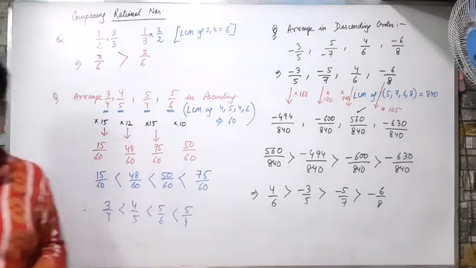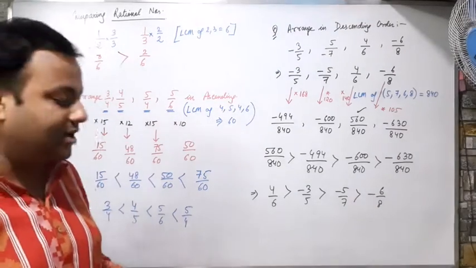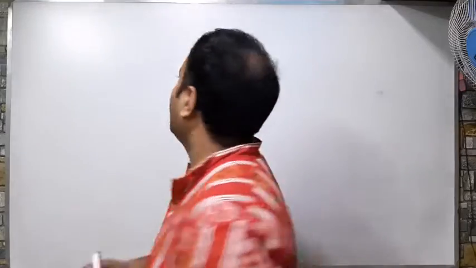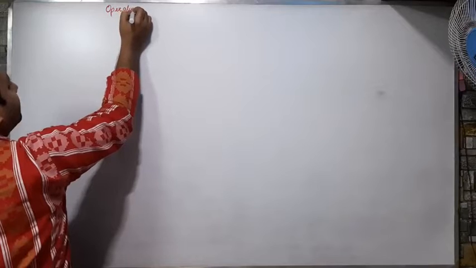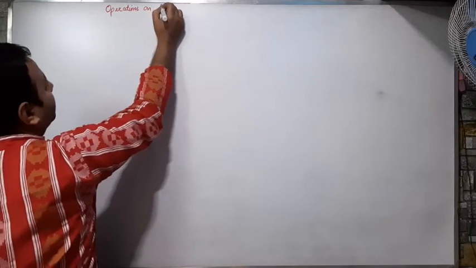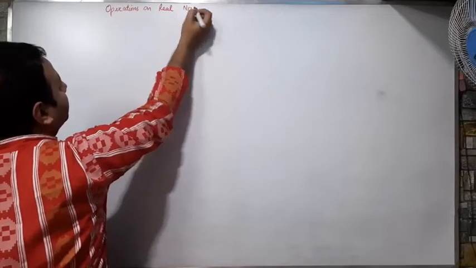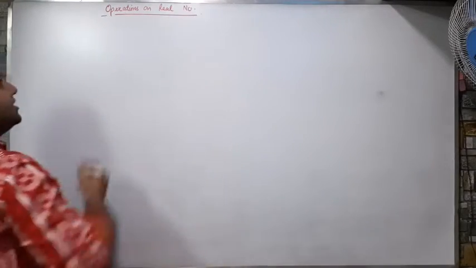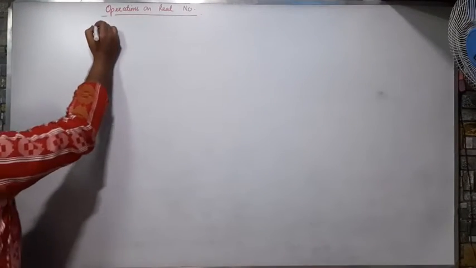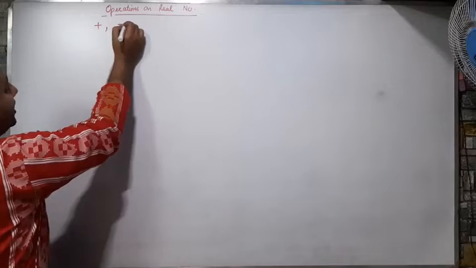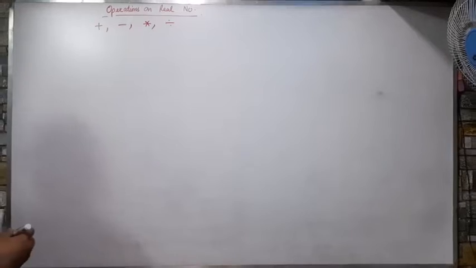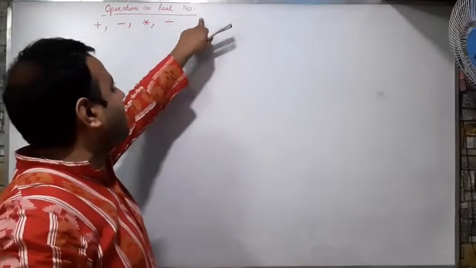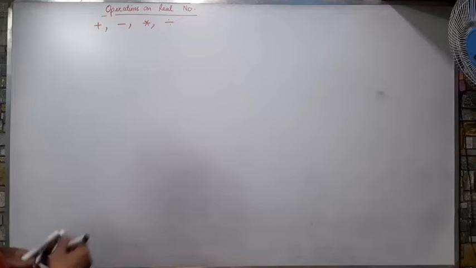The next topic is operations of rational numbers, then addition, subtraction and all. The next topic, that is operations on rational numbers. What do you mean operations? Operations mean the calculations that can be done on rational numbers, and those are either I will do the sum, I will do the difference, I will do the product, or I will do the quotient or the division. So these are the 4 operations that can be done on a rational number.